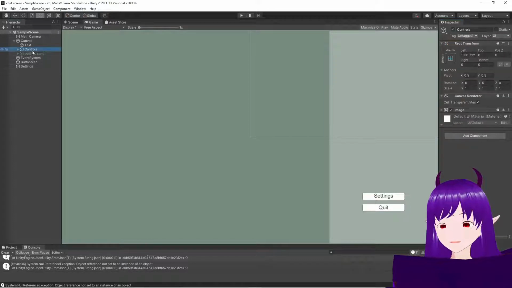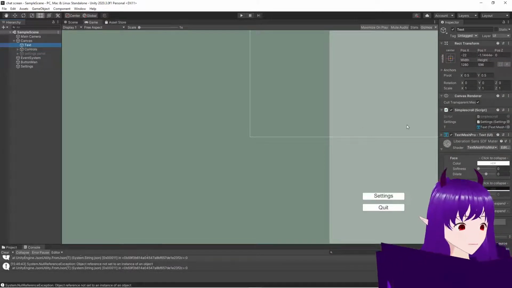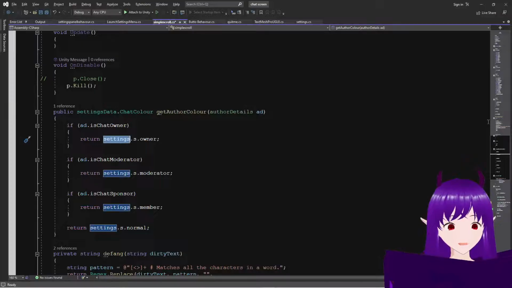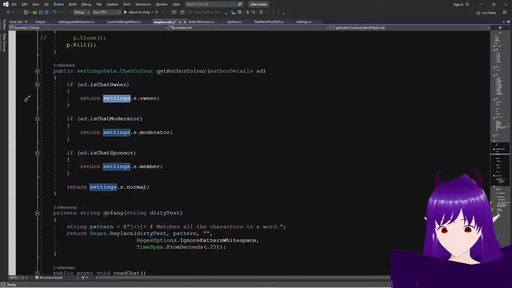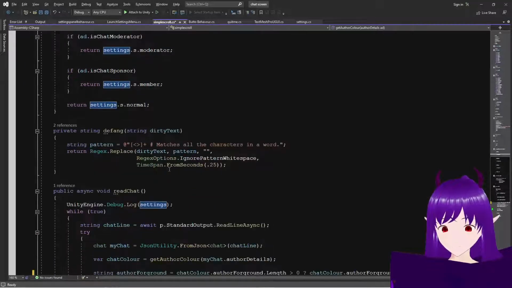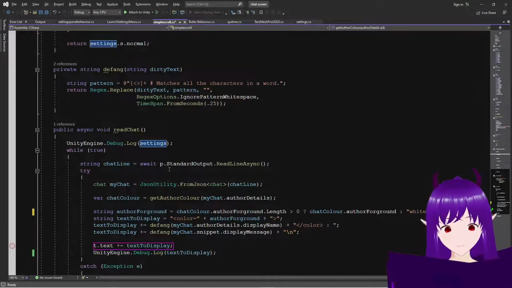If we look at controls, where is it? So text, simple scroll, we have settings set up, so that should be a valid setting. And if we got normal,